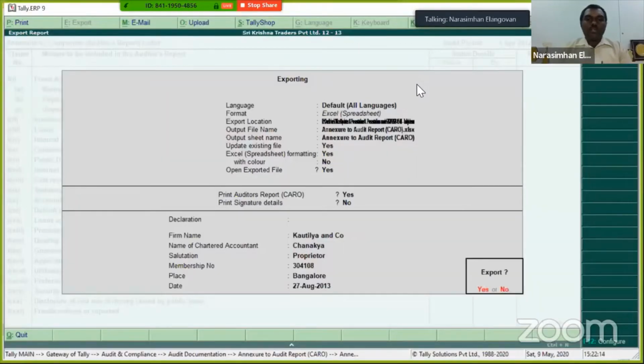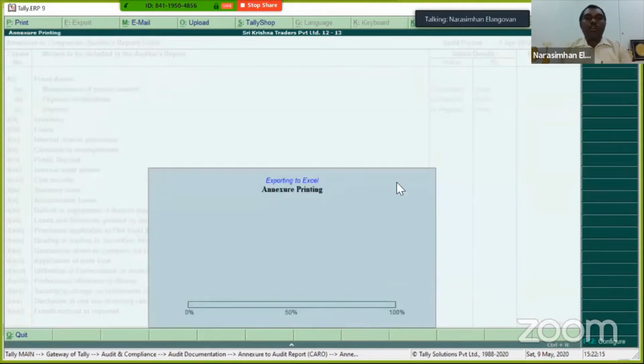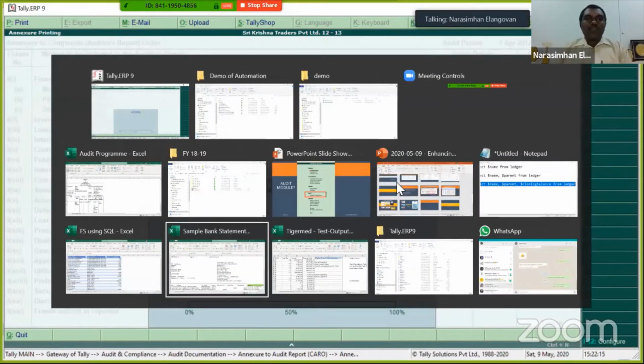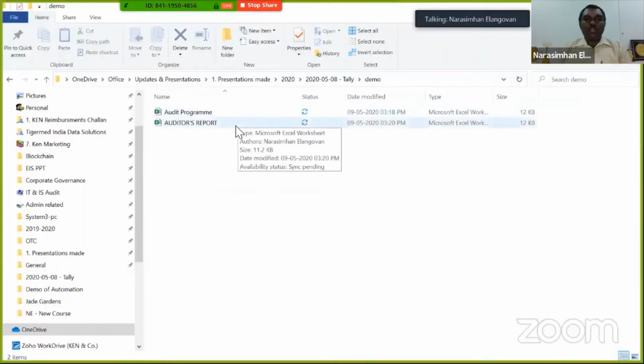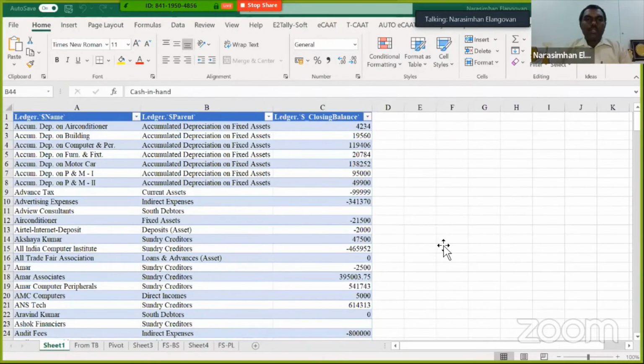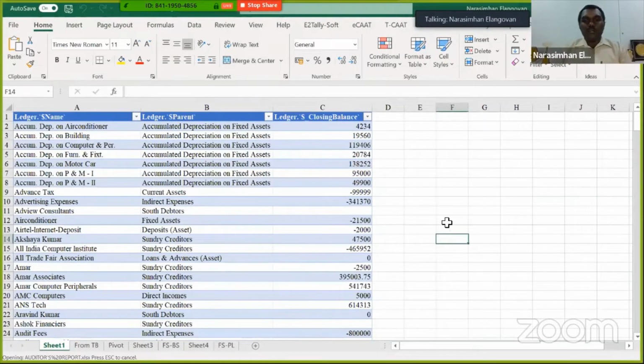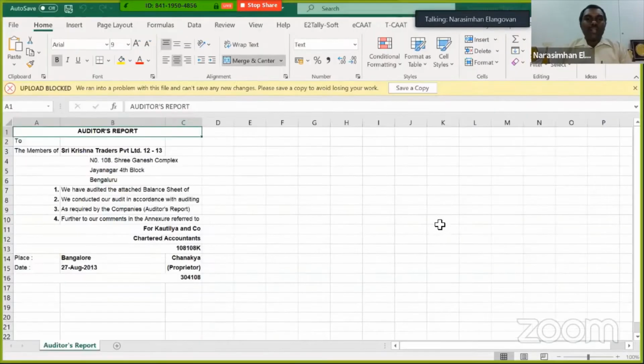I just exported and I have one more report ready. If you remember earlier, we just exported the audit report. So let's see how the audit report looks. I don't think it has come up. Give me a minute, because I've kept a few files open so that I can show you multiple demos. And since I'm doing it live, it may take a little time.